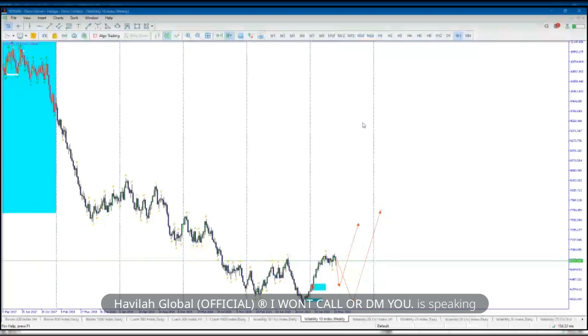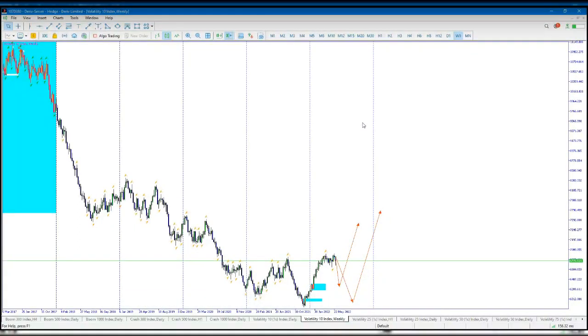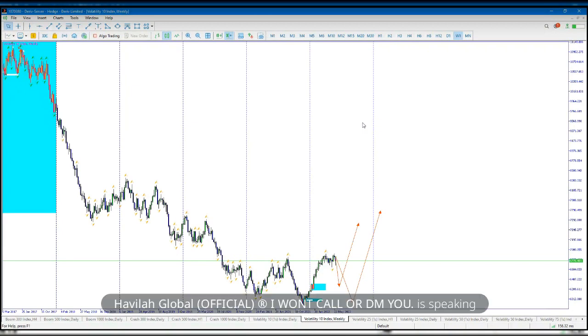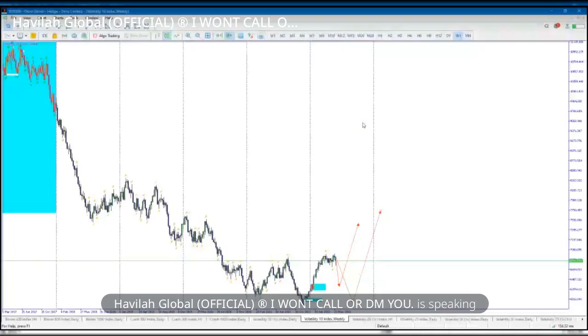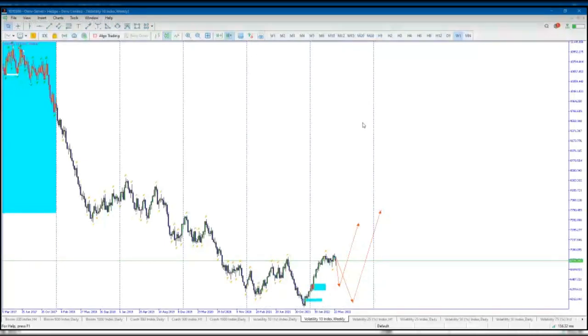Ordinarily, if you want to do lower time frame entries, when price gets to your POIs, you go to your lower time frame to see what price is doing. The same thing that you are seeing on the higher time frame is what you will expect to see on the lower time frame. All these mitigations and imbalances that we see on higher time frame, if you look at your lower time frame well, you will see that there are sniper shots there. All right, sir. Thank you for the clarification.